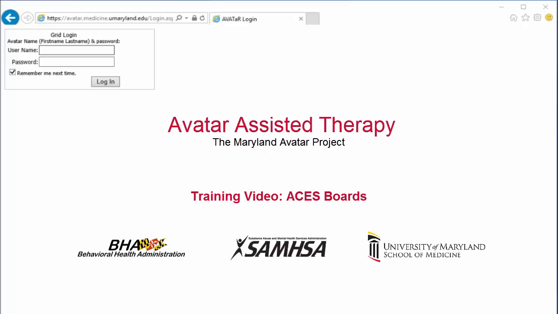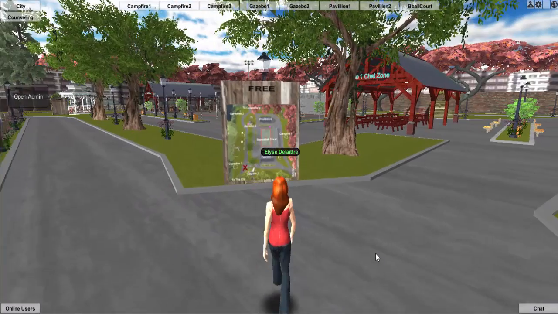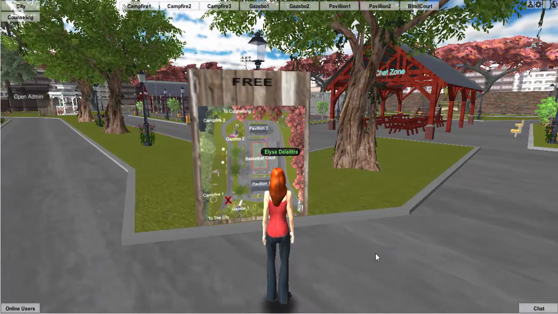Finally, images that can be shared within the ACES boards can be custom images, which can be shared through a Dropbox, or they can just be images with a link from the internet, which I will demonstrate both of those. So for most users, the easiest way to edit an ACES board is to just walk up to